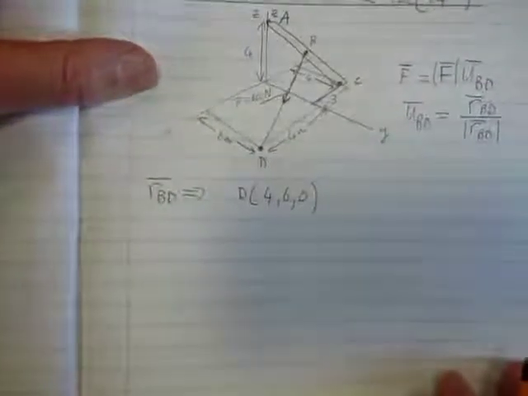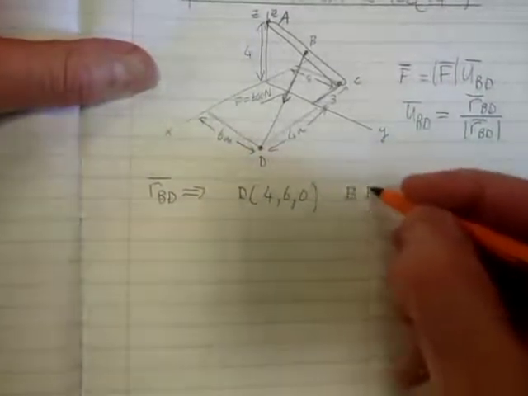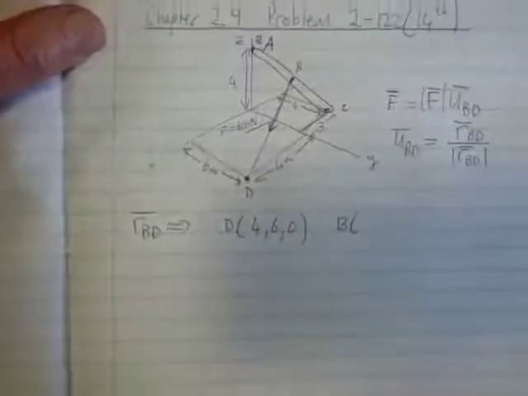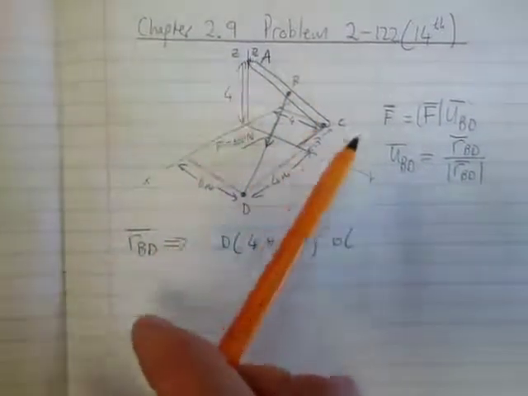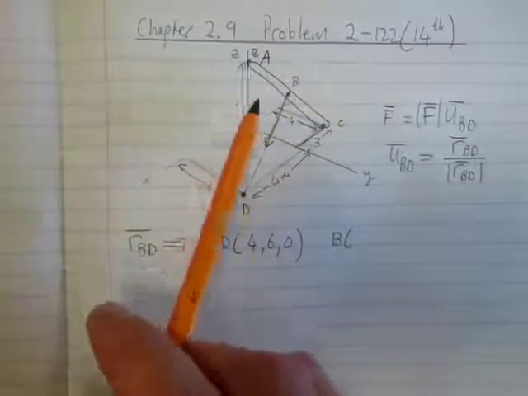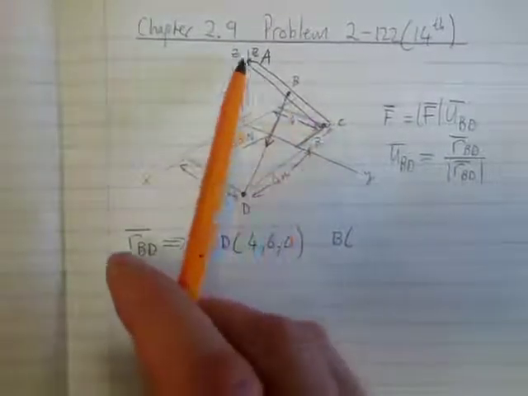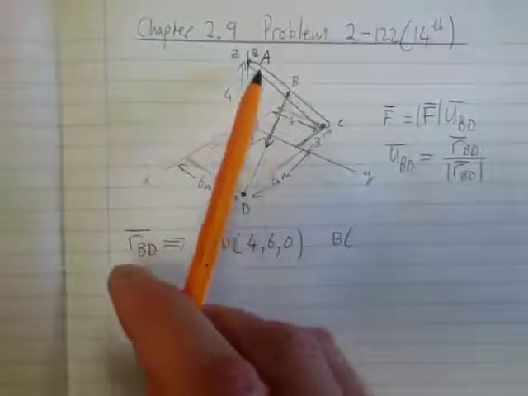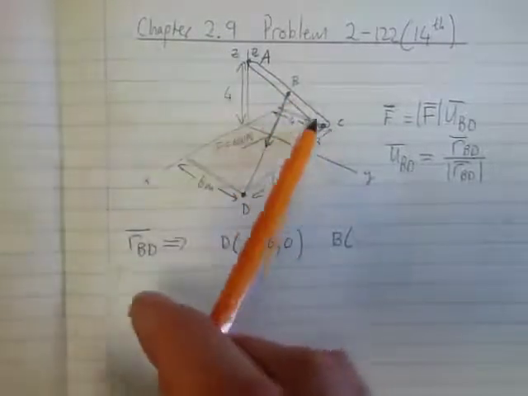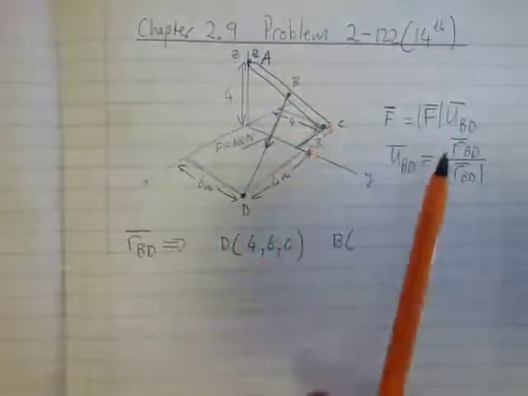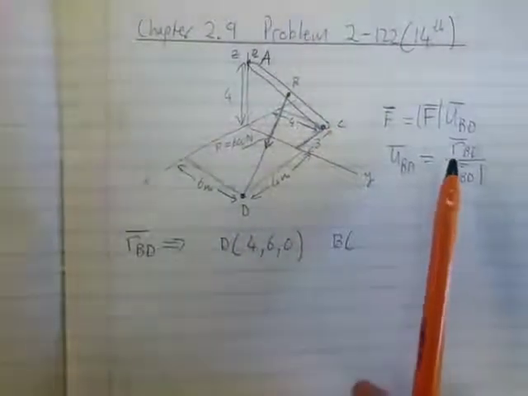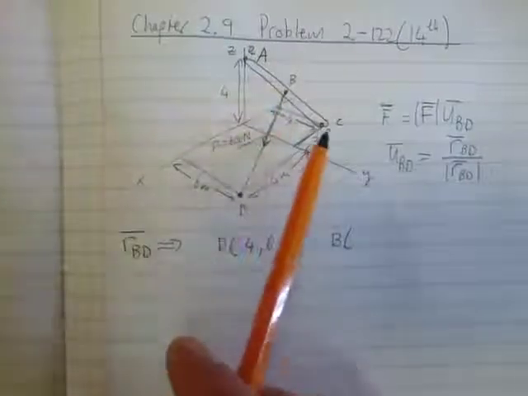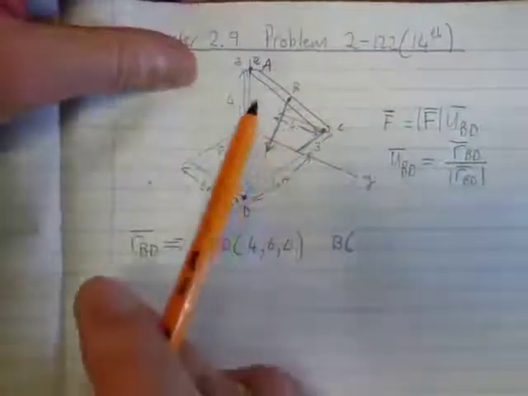Okay? But now what is B? How would you calculate B? All they say to us is they give us A, they give us C, the coordinates of A and C, and then they say that B is halfway, at the midpoint. Let's just see exactly what it says. It says B is located at the midpoint of the rod. At the midpoint of the rod. Okay, so